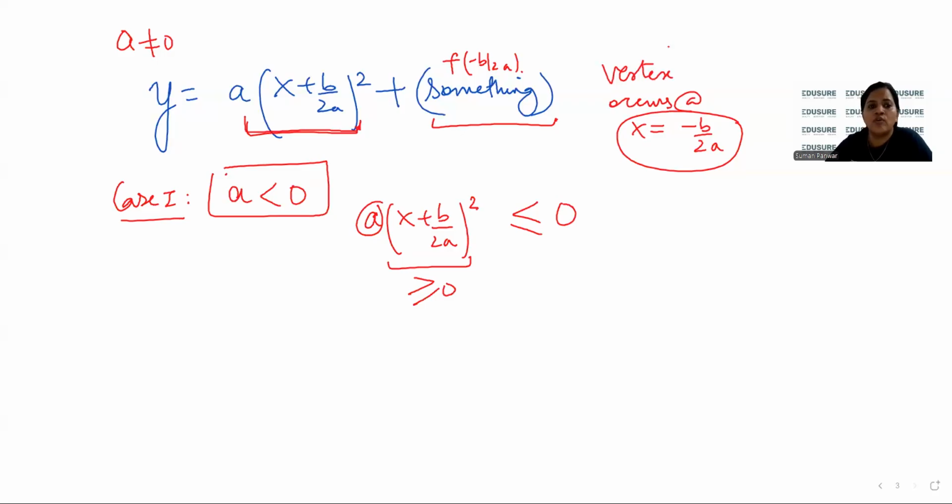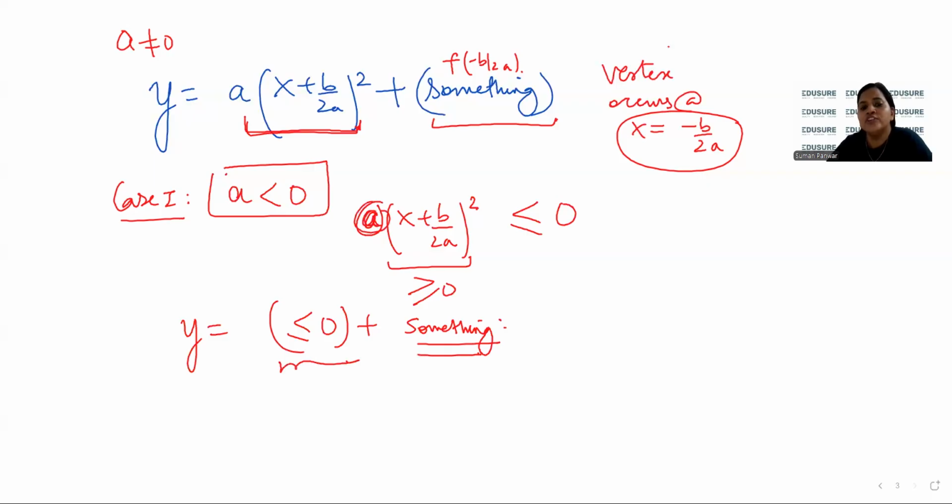So y is equal to something less than or equal to 0 plus something. That means this constant a is giving some value which is going to decrease this thing. That means here y